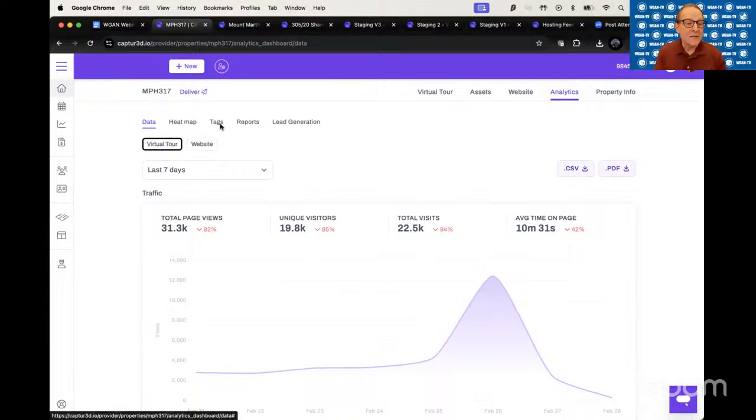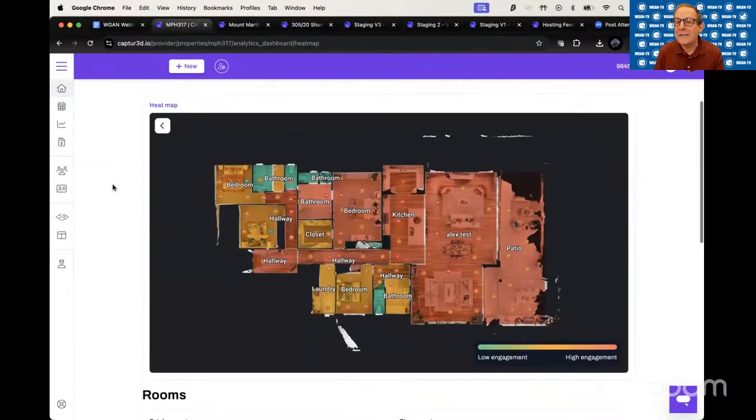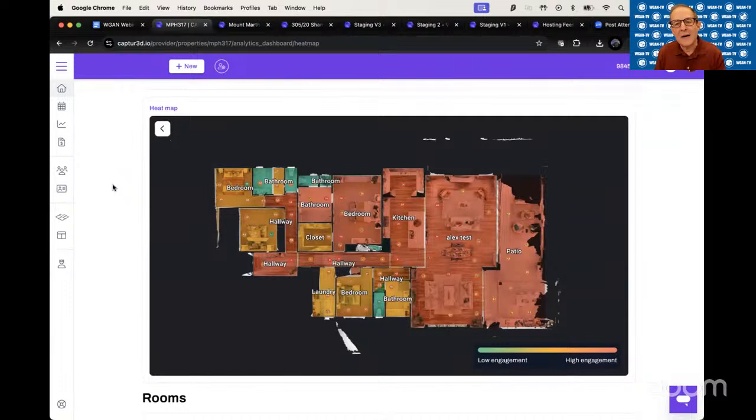I asked that question because all the property metrics are, you have a free tier. Captured has a free tier. And so the metrics are totally free as part of that free plan. Can you talk a little bit more about the heat map in terms of, okay, this is what it does. How do you envision Matterport service providers, or even in this case, the lottery, using this data to make decisions going forward? Do you have some scenarios you thought about?